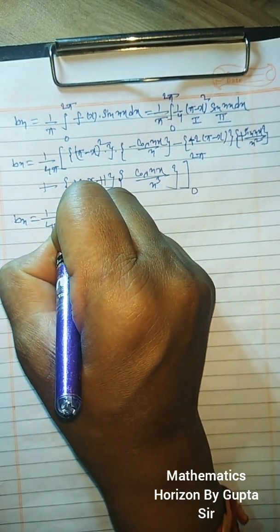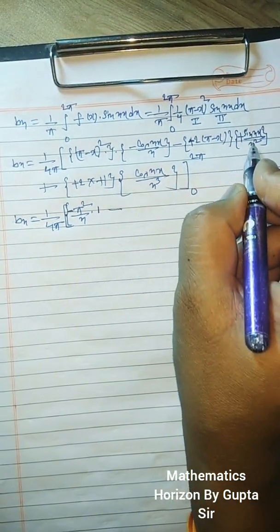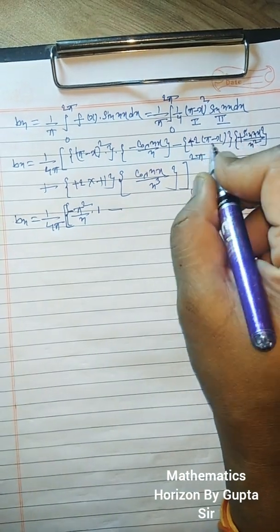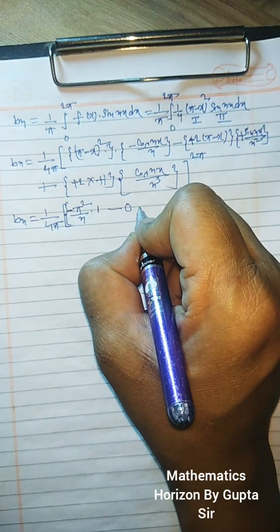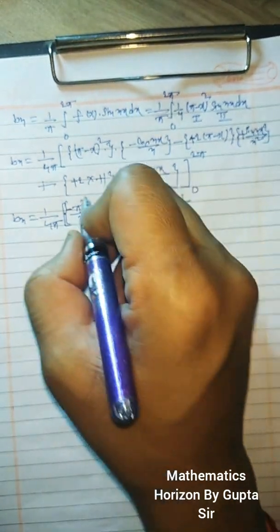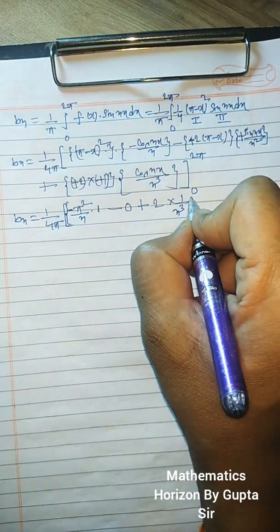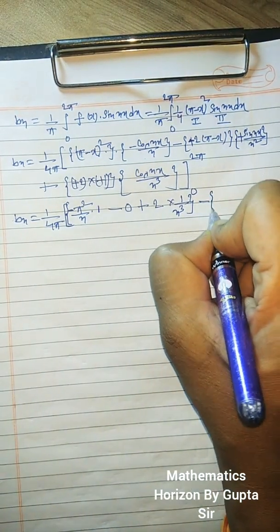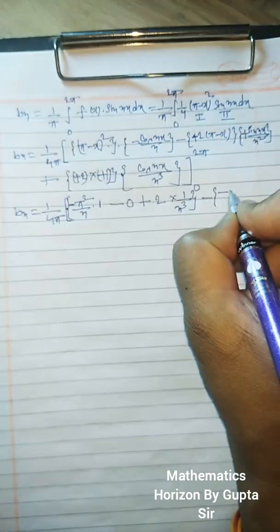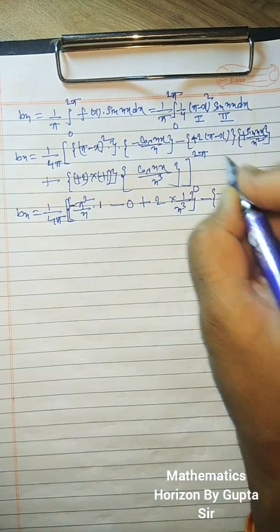First we are putting the upper limit, so this is minus pi square, and in the next term we have all sine terms. When we put x equal to 2 pi in sine, this term will be 0, and when we multiply this 0 by 0, this term we have 0, plus 2 into cos 2n pi is 1 upon n cube, minus the lower limit. When we put x equal to 0, it will be minus, this minus is common, x equal to 0 means pi square upon n, and cos 0 is 1, sin 0 is 0, this term will be 0,